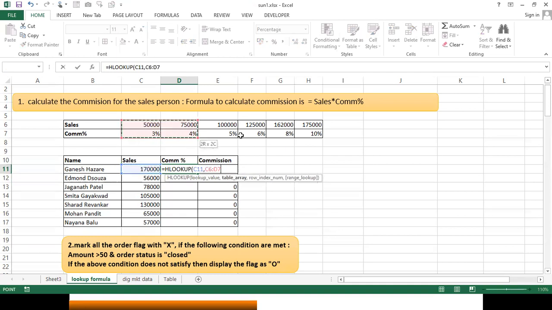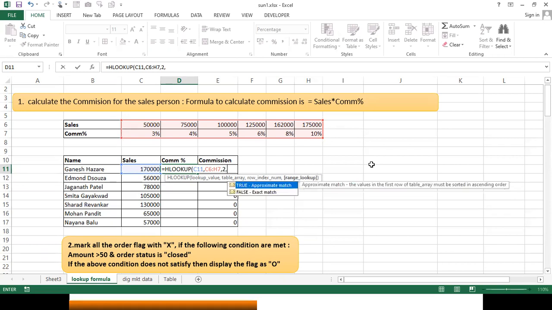This table, and refer to this table. In this case, you should refer to the row number. Which row is it? First row, second row, third row? How many rows are there? Which is the reference row? Second row. Perfect. And I'll go with exact match.